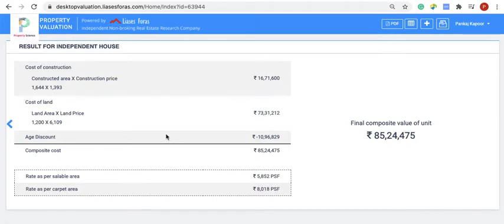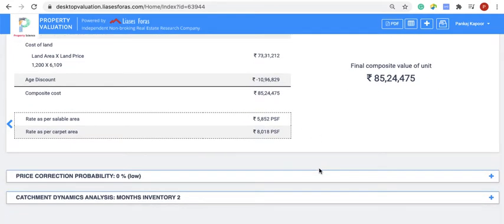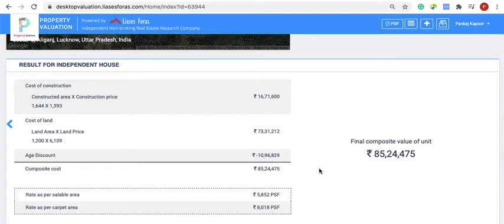If you look at what it has calculated, the constructed area into the constructed price, the building or the construction cost is around 16.7 lakhs. Cost of the land is around 73 lakhs, and the age discount, because it's an old property, 20 years old, so the construction cost gets reduced. So close to 10 lakh rupees is an age discount. The value of the property is standing in this particular manner. So you can carry out the valuation of an independent house also, and this is a remarkable thing